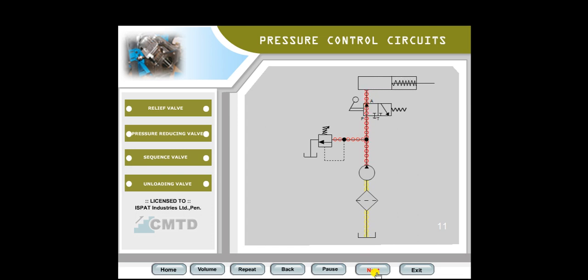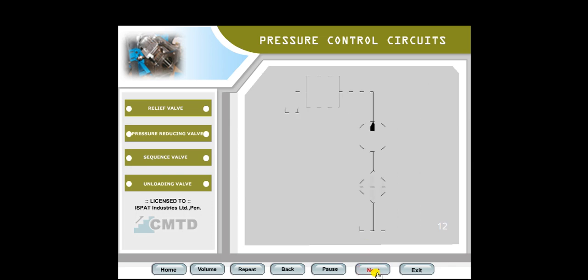When the pressure reduces, the relief valve closes and hydraulic oil goes into the circuit. In any hydraulic system, relief valve is the component just next to the pump.